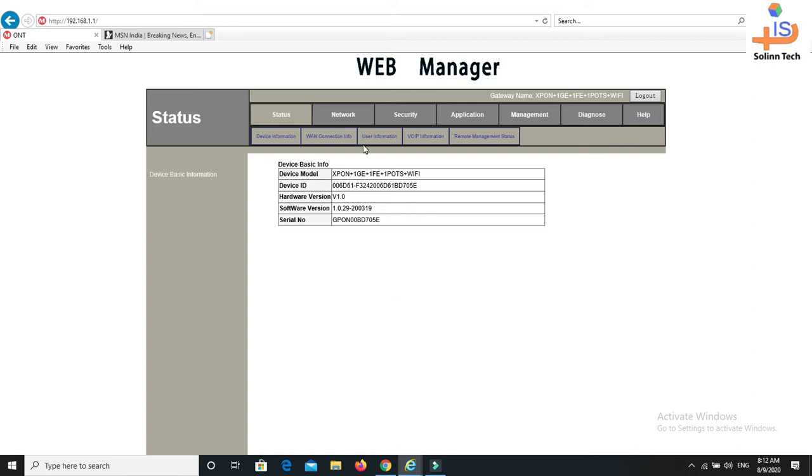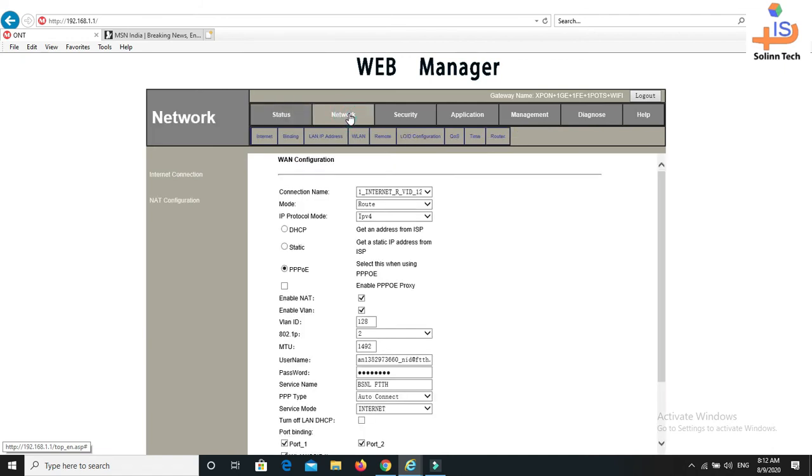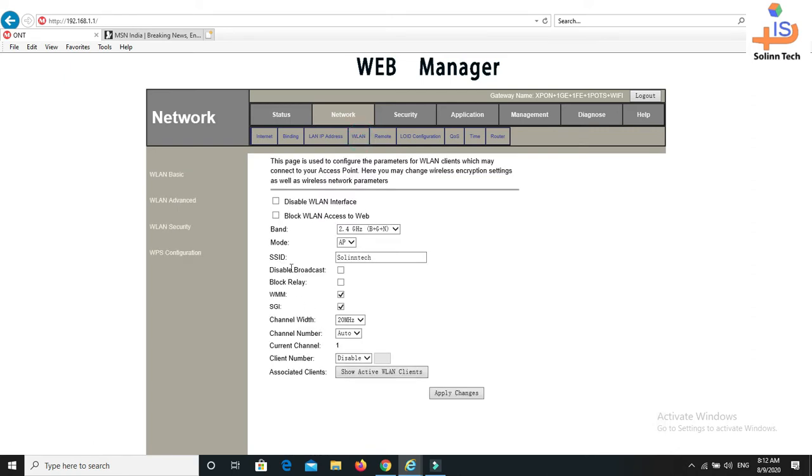Now we'll go to Network. To change the SSID, we'll go to Network. Post going to Network, we'll go to WLAN, wide local area network, or wireless local area network, you can say. So we'll go to WLAN. Post going to WLAN, we can see here the SSID. So here we can change our SSID.